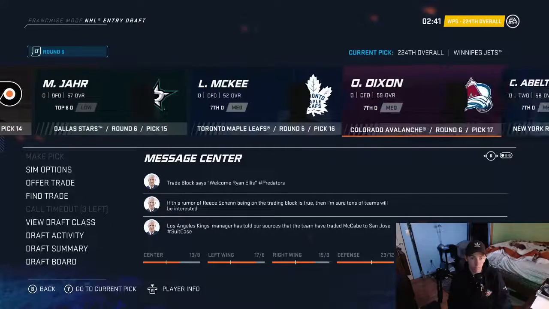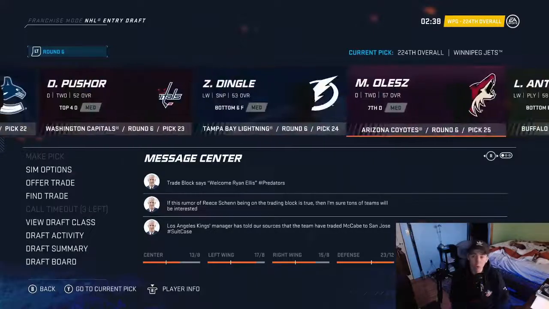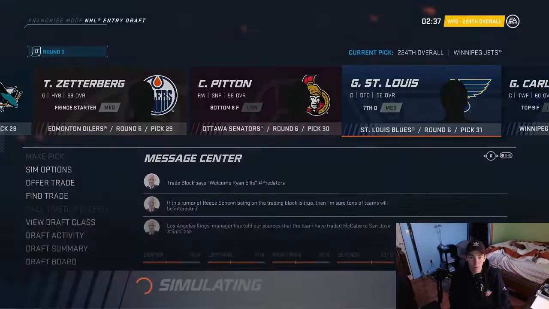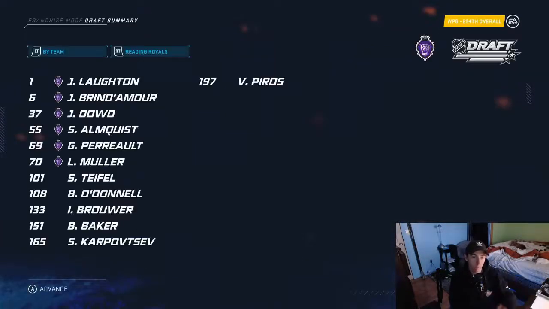But yeah, Markkanen was good there too. Overall, I'm happy with the draft. We land a lot of good prospects, and we'll let the last one go here. Safronov was not good, but you got to be happy with Lawton. He's going to be one of the big pieces for our future. Almquist, I'm very happy with. Dowd wasn't bad. Obviously, Brindamore is a much higher rated player as well, but we've definitely had some drafts